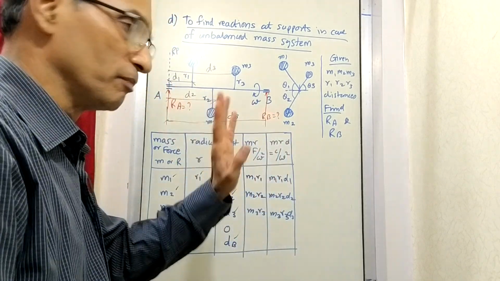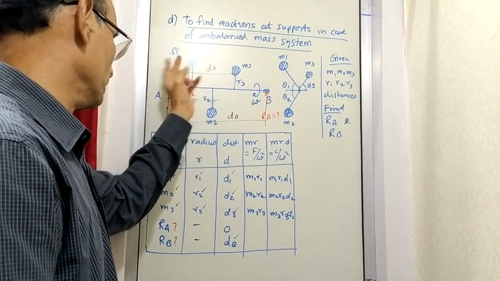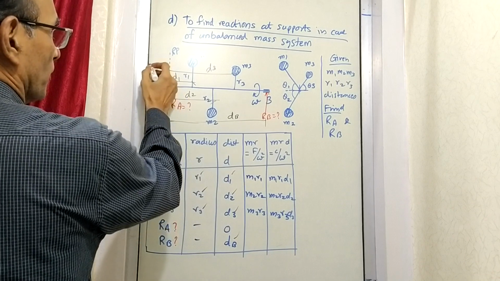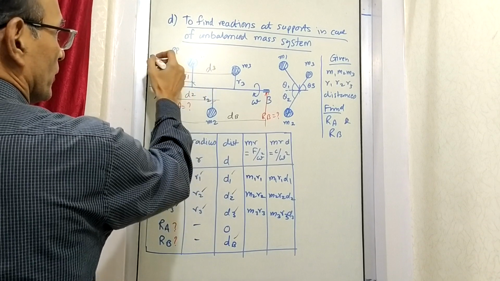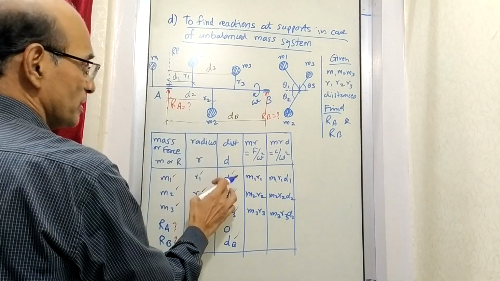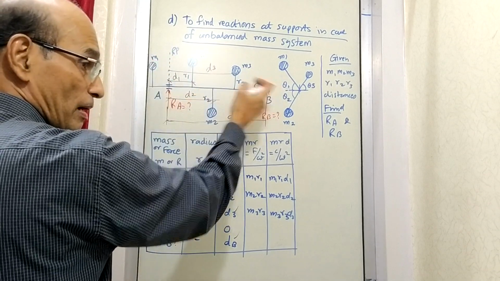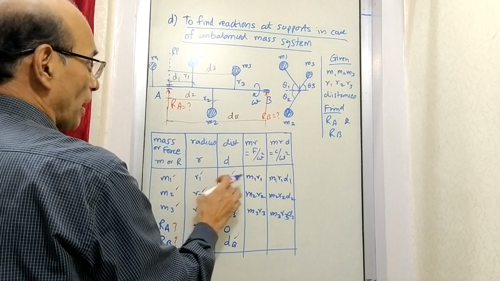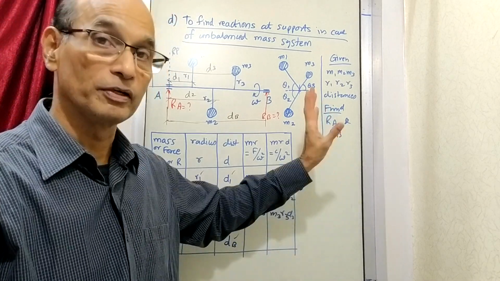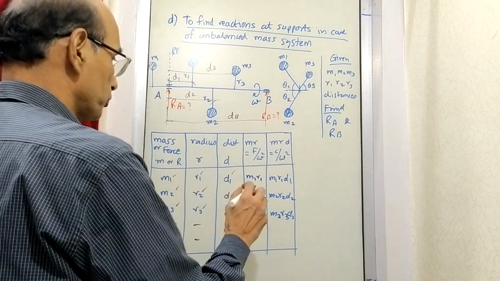Now at this stage, just one piece of information. Suppose this mass M1 is on this side. That means suppose the shaft is extended here and if the mass is here, M1 is here, then the distance d1 is here, but in that case the distance d1 will have to be made minus because there it is on the opposite side of the bearing. So in that case d1 will be minus, here also it will come minus. And when you take the vector, that also you have to take opposite of what is present here. Okay, now coming up to this much.